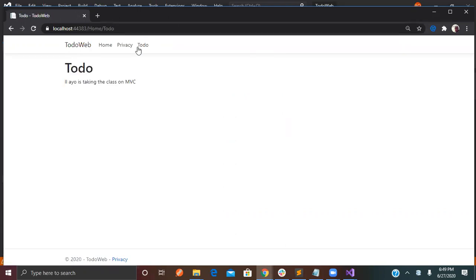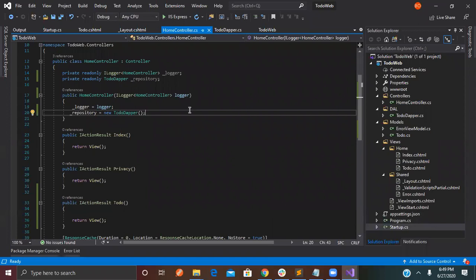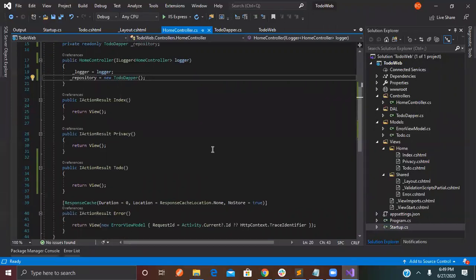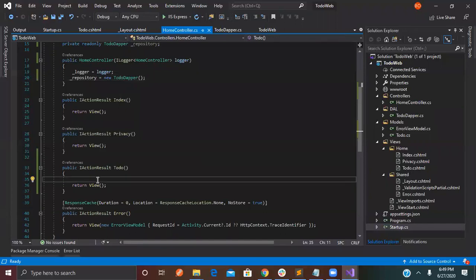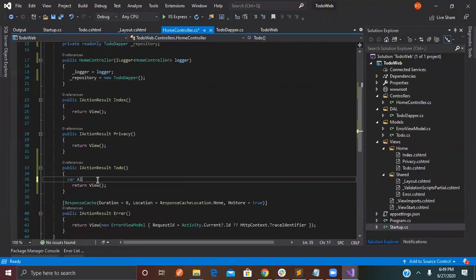Okay, so I think we're fine now. So what I want us to do right now is, you can stop this. Go to that view now. So we can get all our to-do items and pass them to that to-do view. You can do that in that ToDo method on line 33, yes. And then you can just say variable allToDos equal to repository dot _repository dot